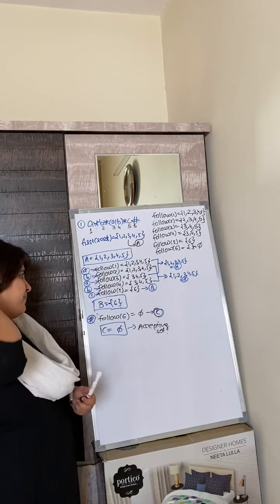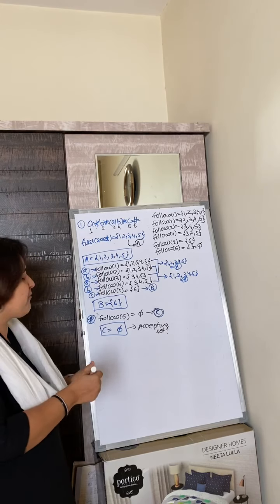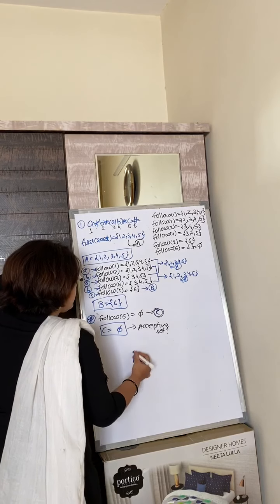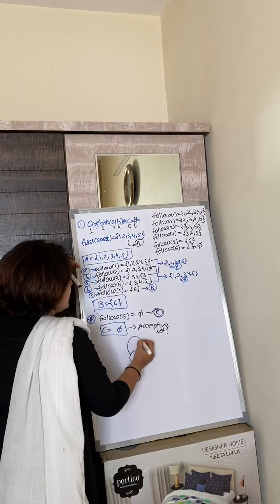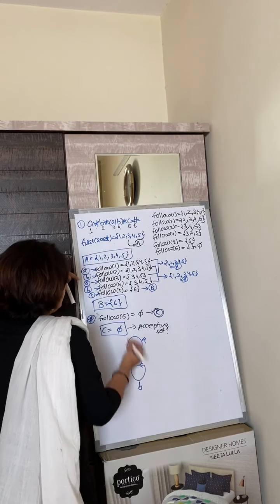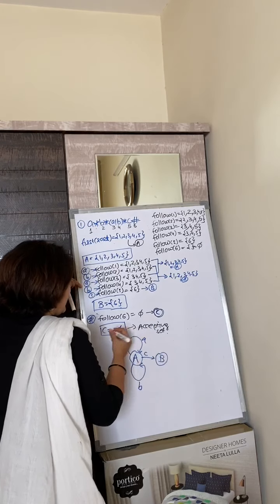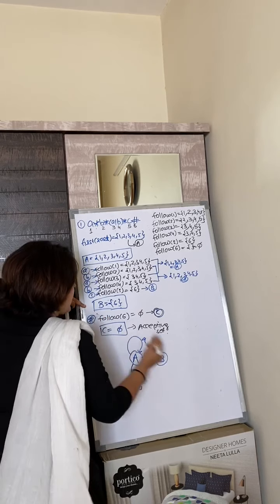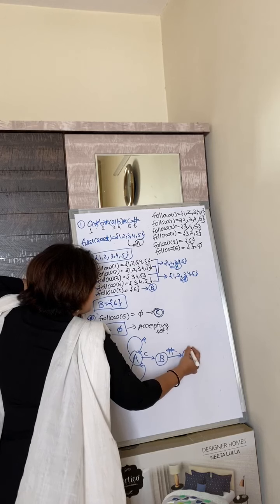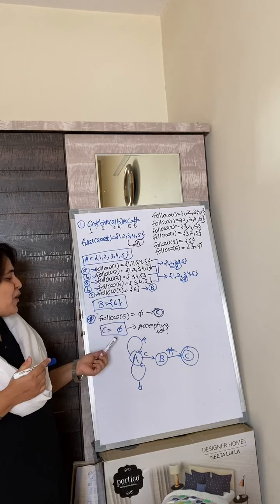Okay. Now we are going to draw the equivalent DFA over here. So how will we draw the DFA? Which sets do we have? First of all, capital A. If you input small a, you will go to A. If you input small b, then also you will go to A. If you input c, then you will go to B. And from B, if you input hash, you will go to C, which is actually the accepting state. Okay, so this is how you draw the DFA.